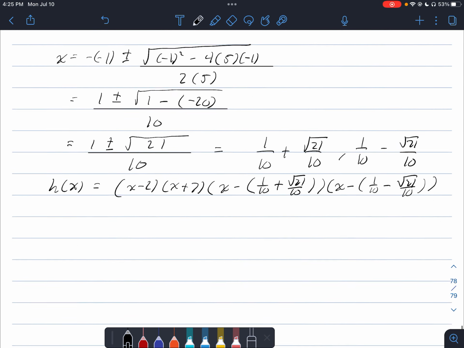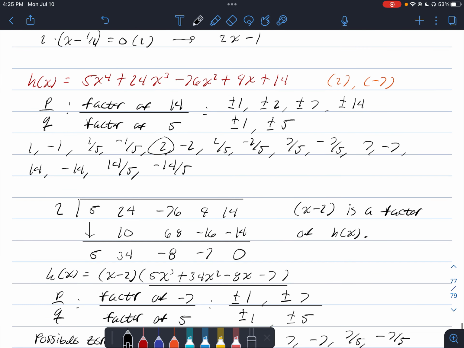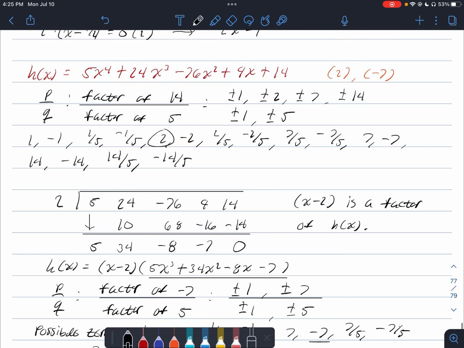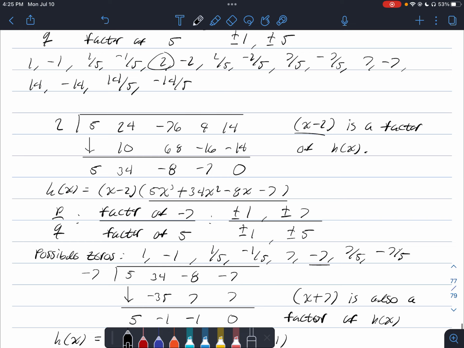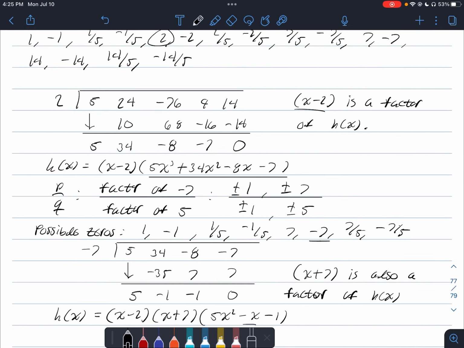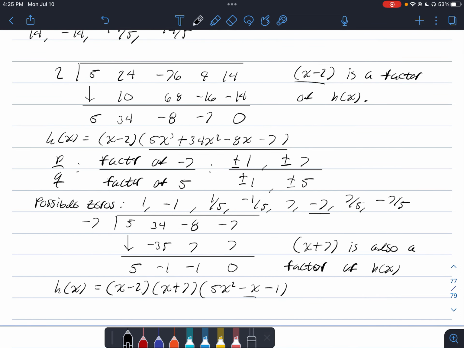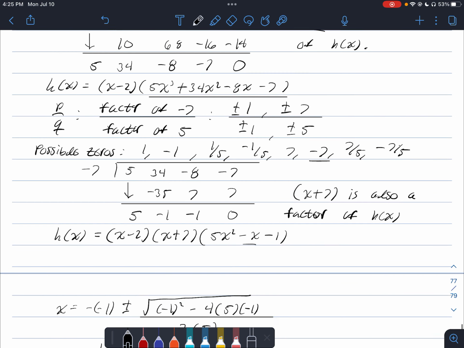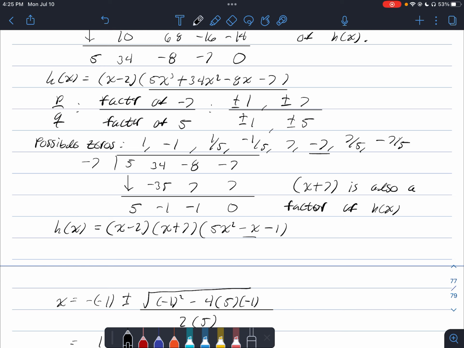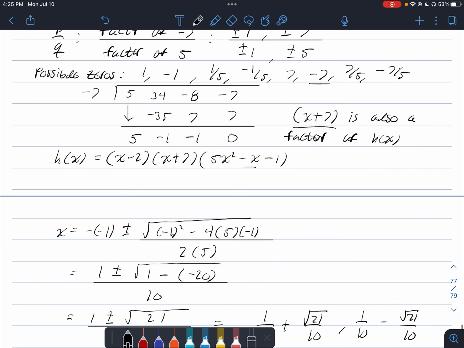Okay, so let me just do a quick breakdown again about how these work. So here what we did was we started with this polynomial. And what we did was we factored out a single binomial from that, which we said was x minus 2. So then we rewrote it as x minus 2 times the polynomial that we got from our synthetic division here. And then what we did was we took this polynomial of degree 3, and we factored this into another binomial and a polynomial of degree 2. That binomial we said was x plus 7. So we have h of x is written as x minus 2 times x plus 7 times 5x squared minus